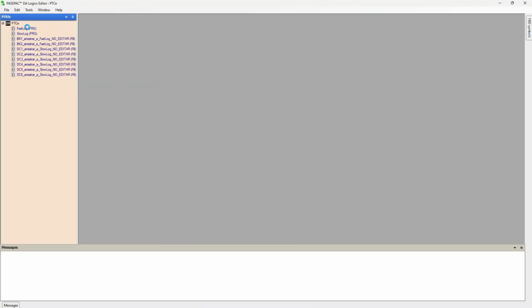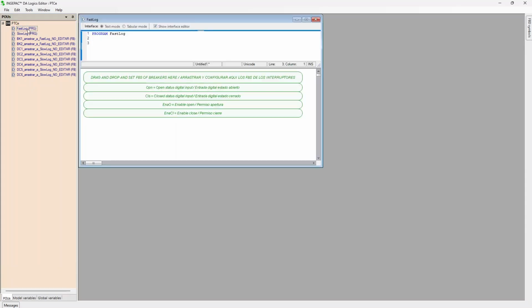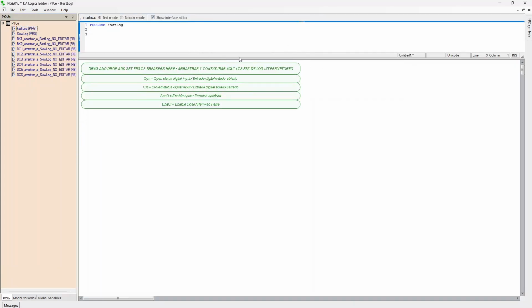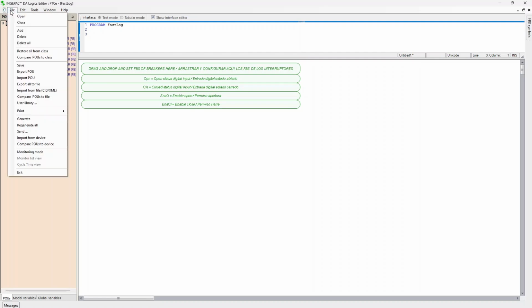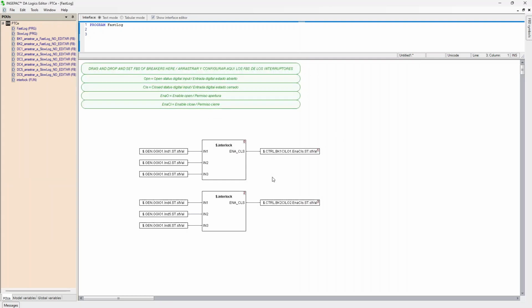As it can be seen, the logics of the DA-PTC IED in the installation do not have any of the changes done to the IED template in the IED Factory application. In order to obtain these logics from the template, we will need to click on the Restore All from Class option in the File drop-down menu in the toolbar.